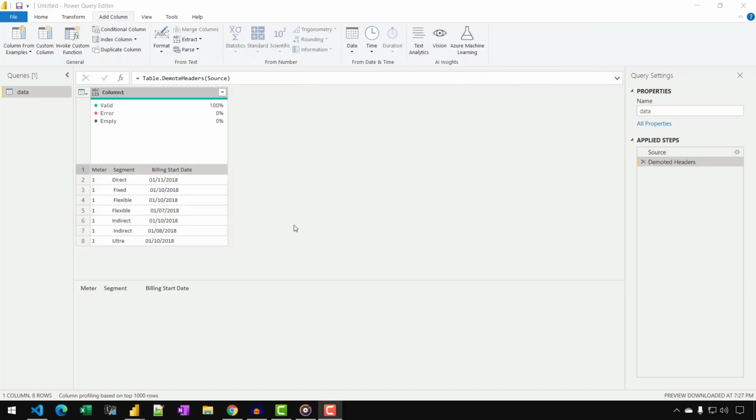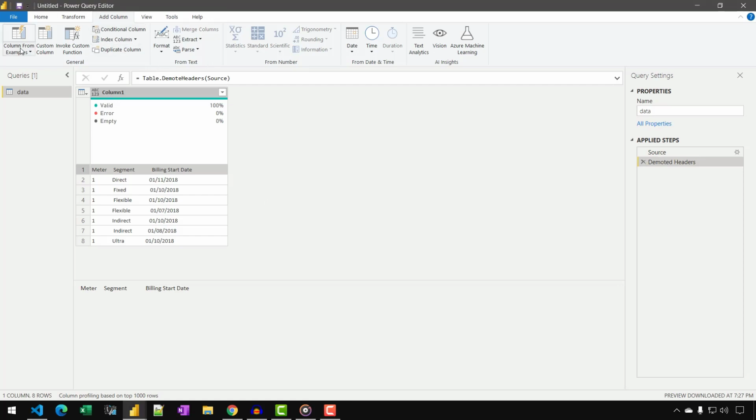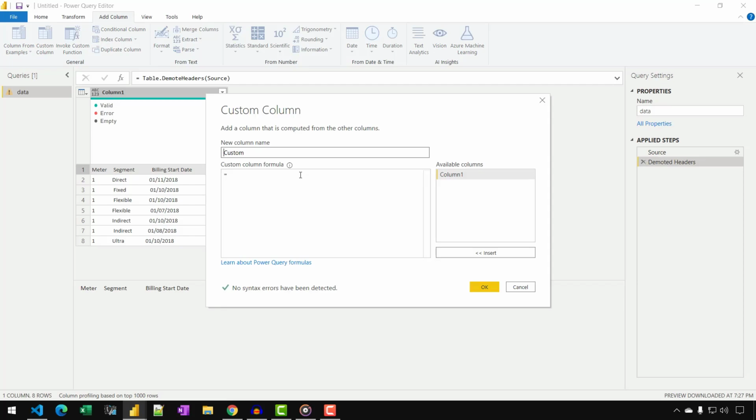Now we need to create a custom column in which we are going to split the text row by row and then store all of those values in a list. So let's head over to the Add Column option on the ribbon and select Custom Column. Don't pay attention to the naming right now.